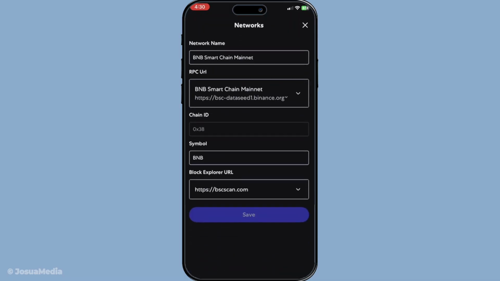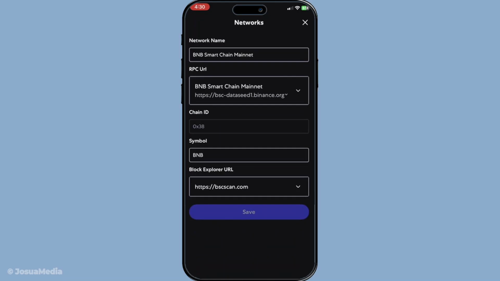Now we'll enter some crucial details. In the network name field, type in Binance Smart Chain. This name is more than just a label, it helps you remember which chain you are connected to, which is crucial since Metamask can handle multiple network connections. Next, you'll need the RPC URL. Enter this exactly as shown,